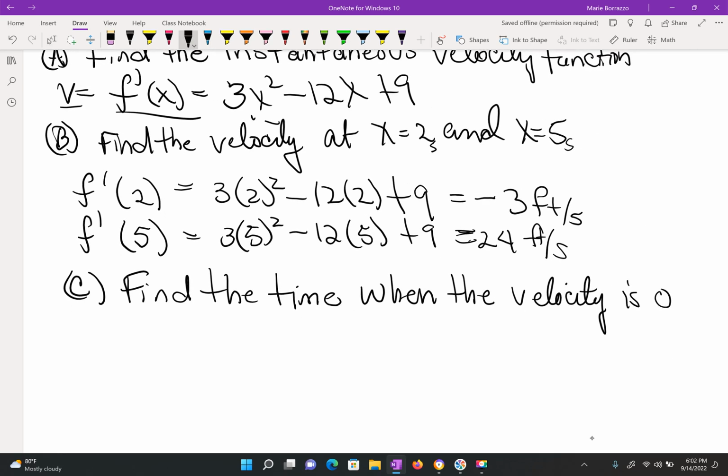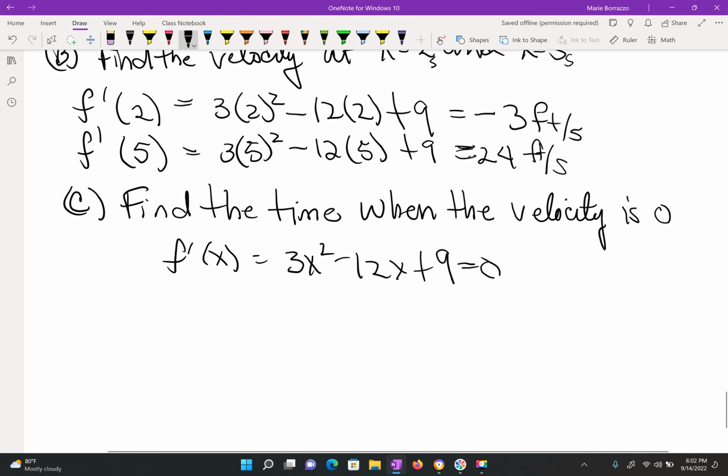So basically we're going to take that first derivative, which is 3x squared minus 12x plus 9, and we're going to set it to 0 because the first derivative